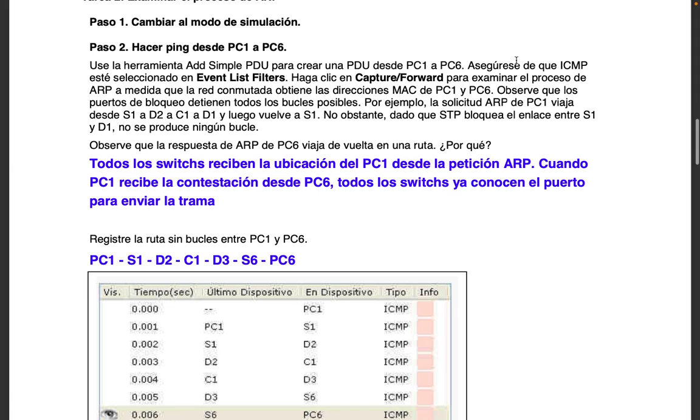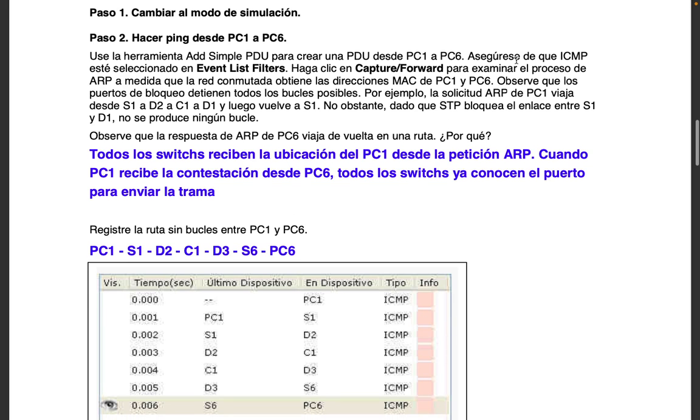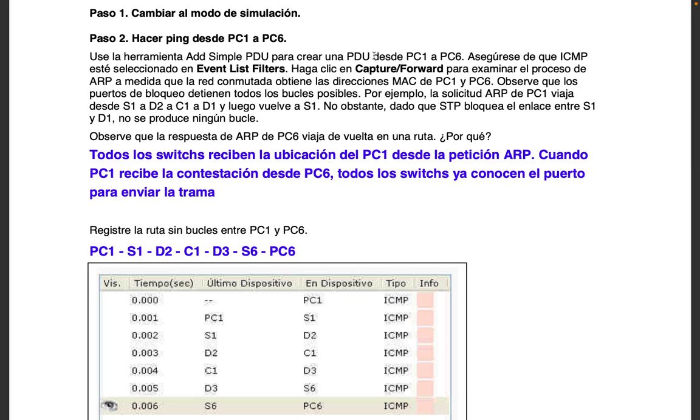Use the Add Simple PDU tool to create a PDU from PC1 to PC6. Make sure ICMP is selected in the event list filters. Click capture forward to examine the